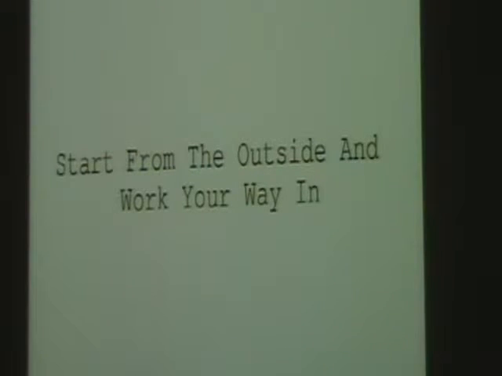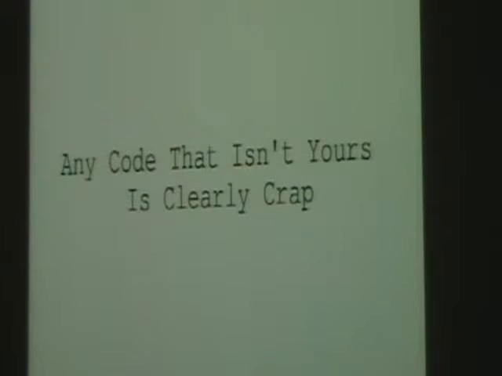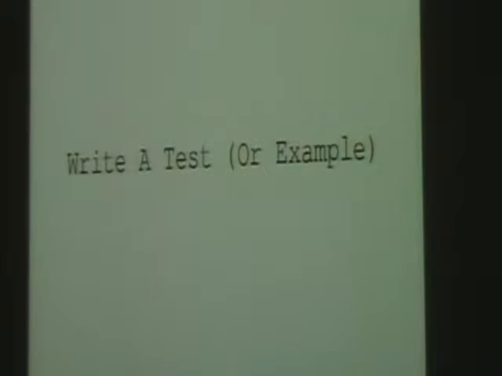So the approach that we're taking now with PDF Writer is starting from the outside and just working in. Because any code that isn't yours is clearly correct. So the key is to own the code that you're working with. And you can start by picking a problem that annoys you, some bad code that obviously you could have done better. And write a test, or in the case of PDF Writer, this is something,